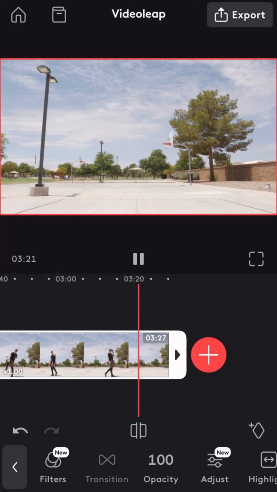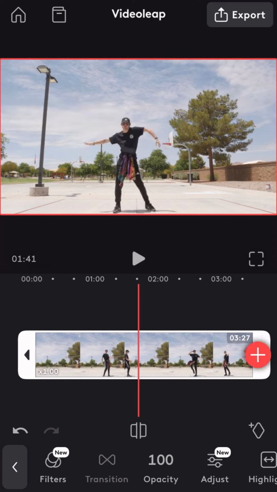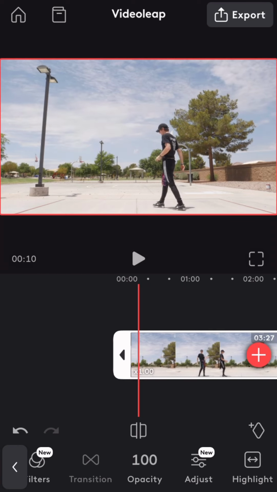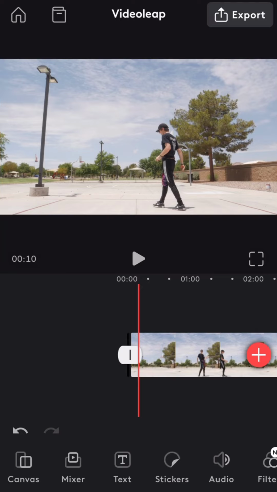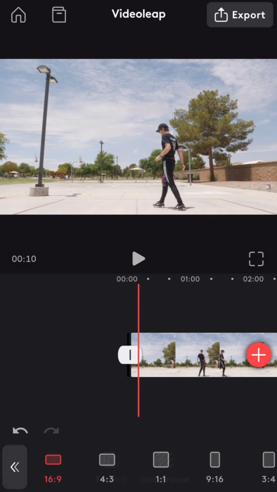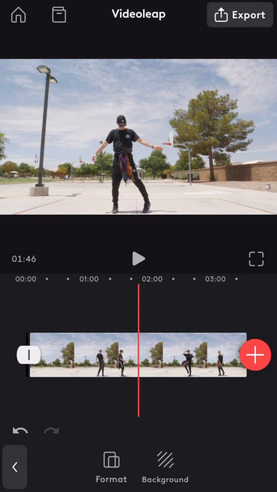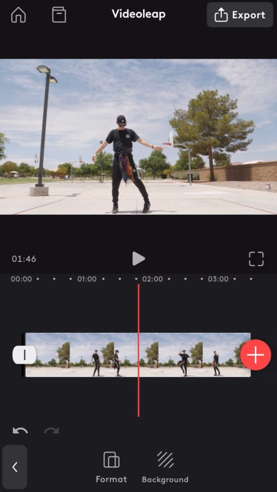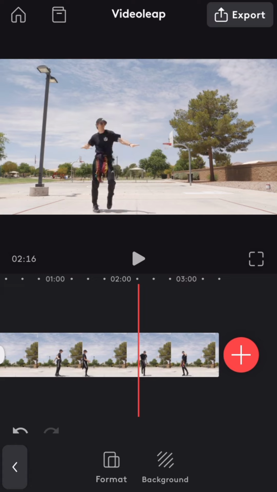So that is how you mute the clip via the audio on the bottom, change canvas settings and format, 16 by 9, zoom in and out by using your thumbs to pinch out and in so you can see the entire project. I showed you how to use the bumper, and I showed you how to trim the clip as well,